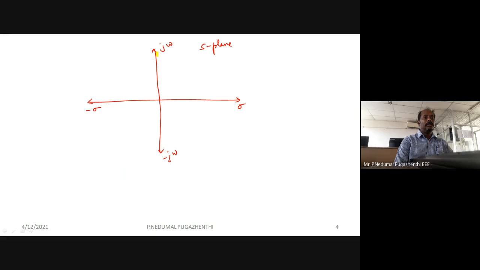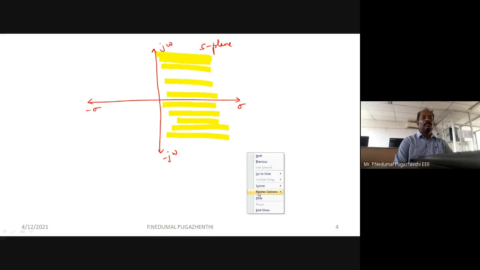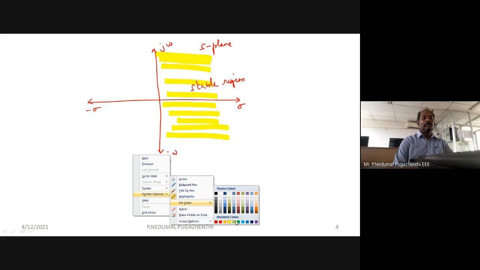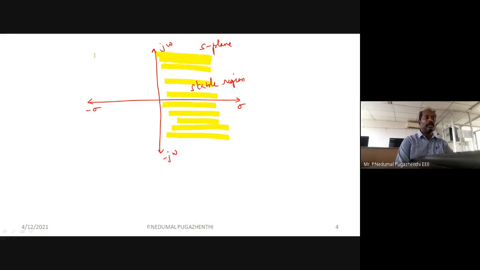If you take the left hand side, this left hand side is the stable region. And if you take the right hand side,